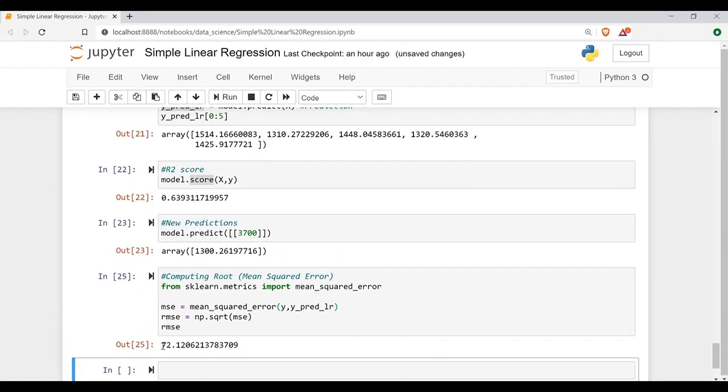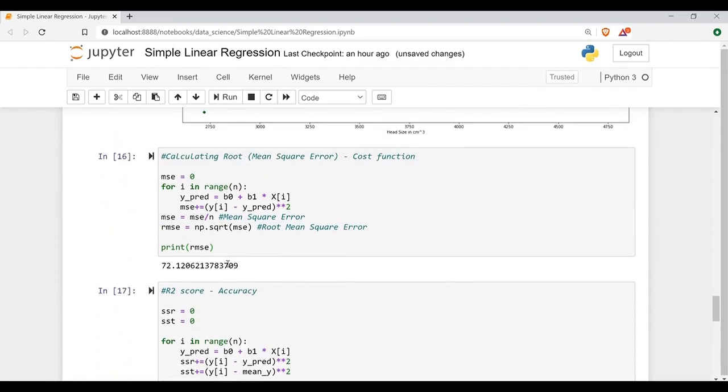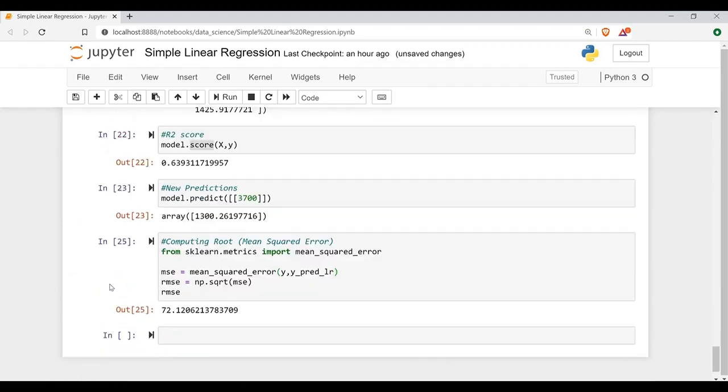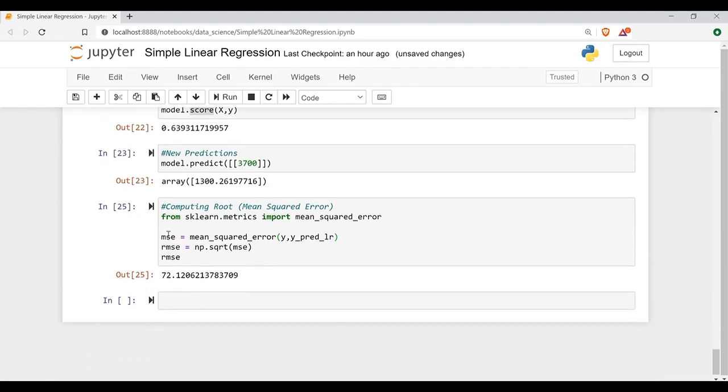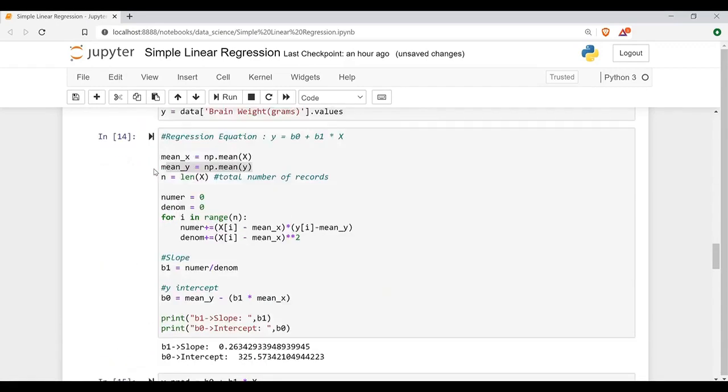Here we can see the RMSE value is 72.12, which is exactly the same as the one we got earlier. We used the equation to find the RMSE and got 72.12, and here using the scikit-learn package we are getting the same thing. So this is how we can use the scikit-learn machine learning package to solve a linear regression.